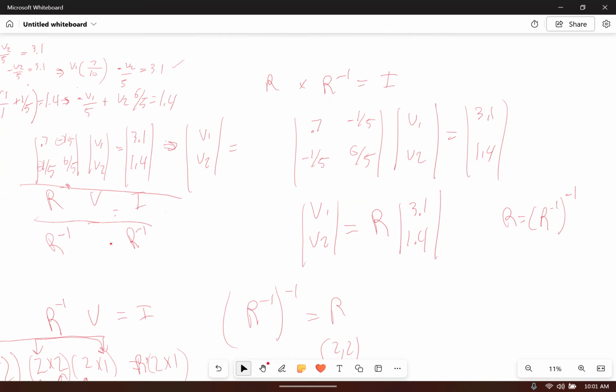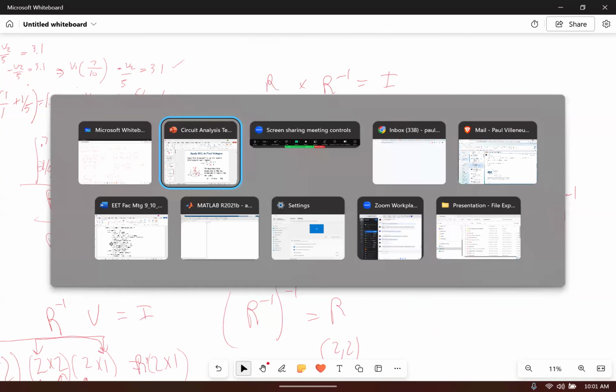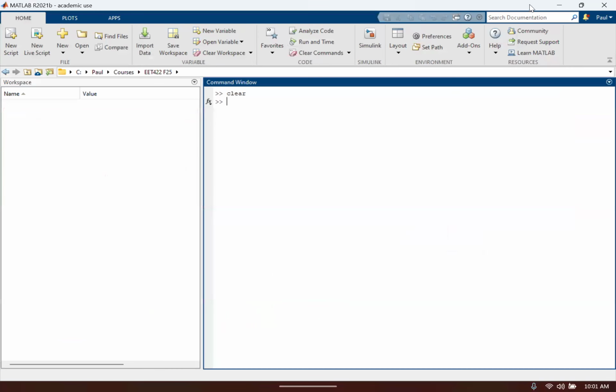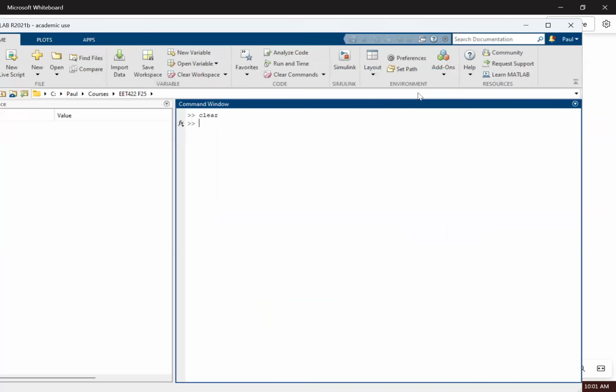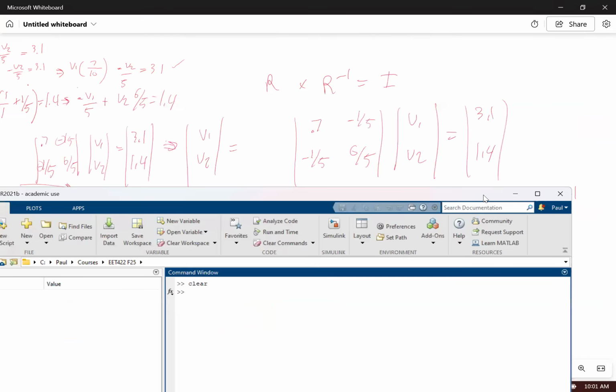Okay. The best way to show that being done is to actually do it. Remember we talked at one point about MATLAB, right? So we're going to use MATLAB. We'll call this matrix R inverse, and that's going to be equal to